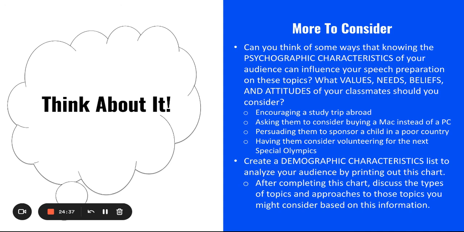So that's just a way to get some information about your audiences when you're giving presentations so that you have a better idea of where they're coming from. But again, the most basic way to do that in our course is to consider that you're giving this speech and the audiences are students. They are other students in the same way that you're a student. So what commonalities do you have?